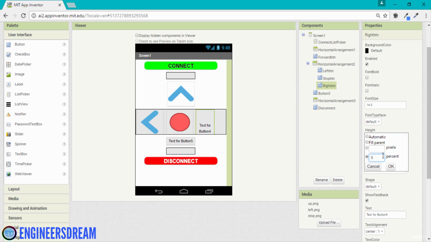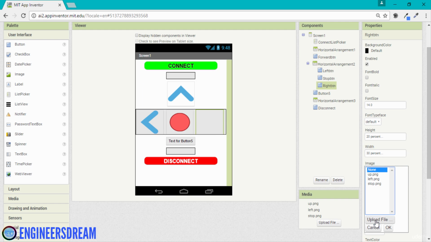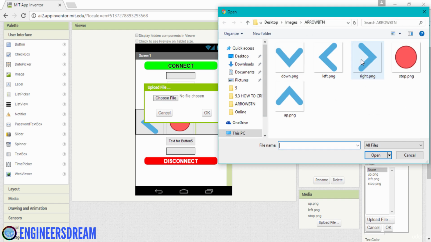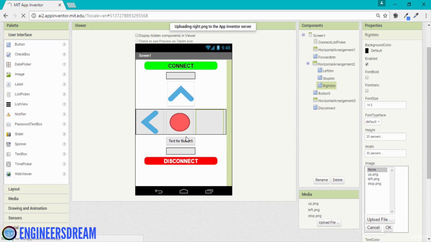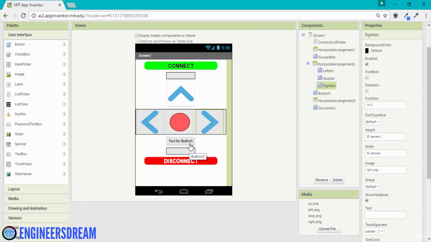Okay, I just made a small mistake over here. The height should be 20% and the width should be 30% over here. Okay, so guys, please make sure that you don't make these small mistakes. This could be a little confusing sometimes. So I'll go in images and I'll select the right.png image,